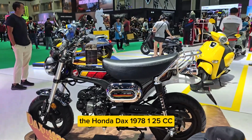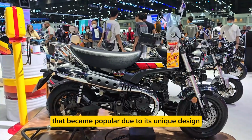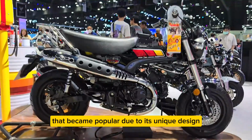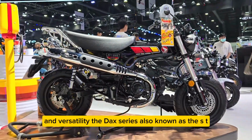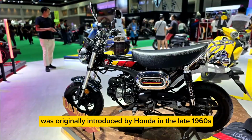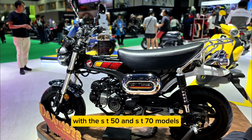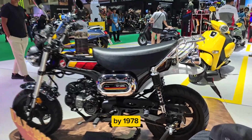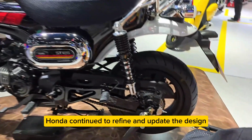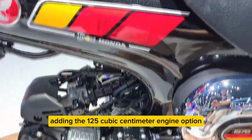The Honda Dax 1978 125cc is a classic and iconic minibike that became popular due to its unique design and versatility. The Dax series, also known as the ST series, was originally introduced by Honda in the late 1960s with the ST50 and ST70 models. By 1978, Honda continued to refine and update the design, adding the 125 cubic centimeter engine option, which offered more